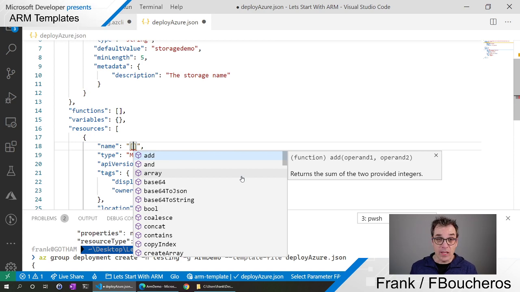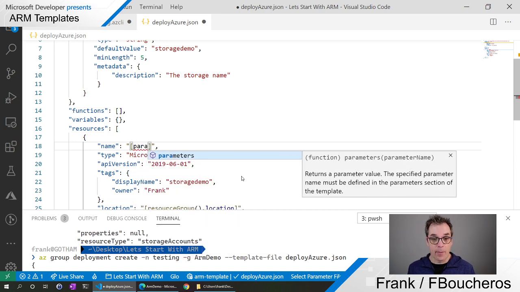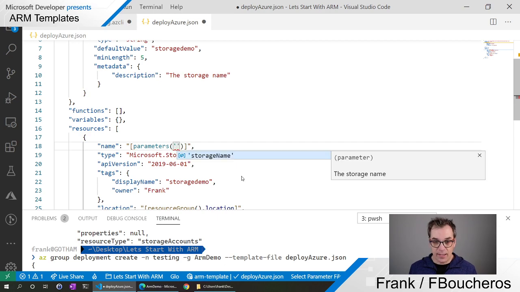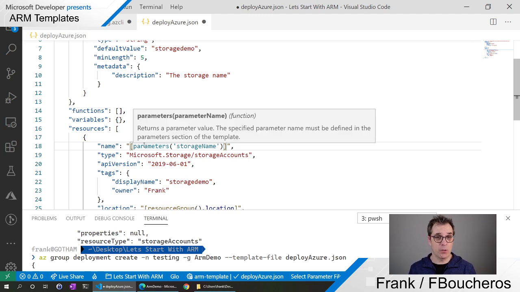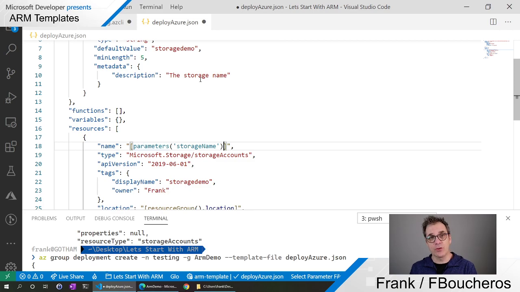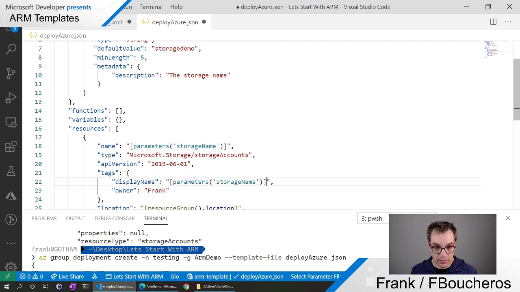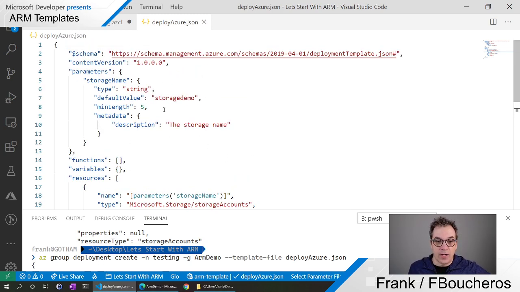And now I could type, I want to retrieve the parameters. So I will just say parameters. And then I type the name of the parameter I want to retrieve. So this way I will retrieve it. So parameters is a function of the ARM template, and it returns the value of the parameter name you pass. So that's cool, and I will use the same thing here in my display name. So great. So now I could call my template and just